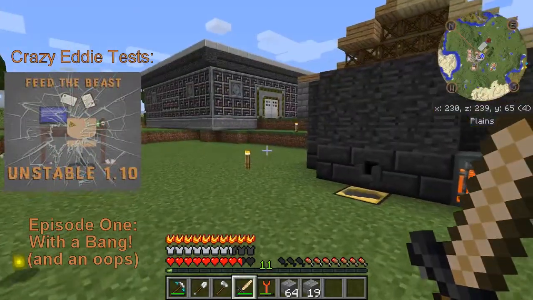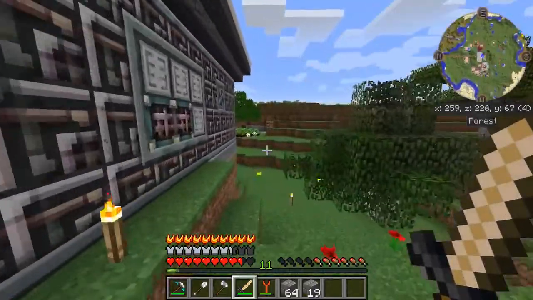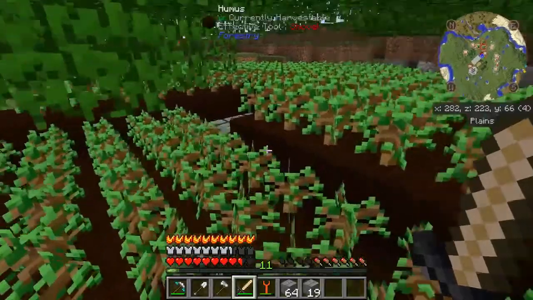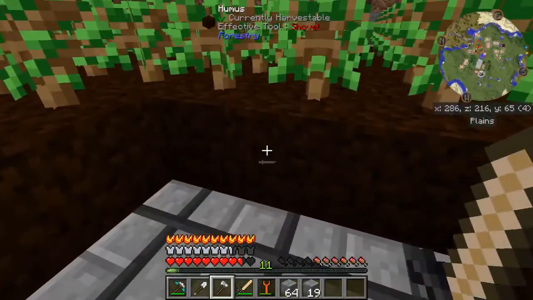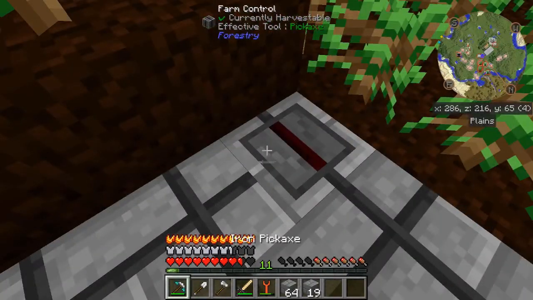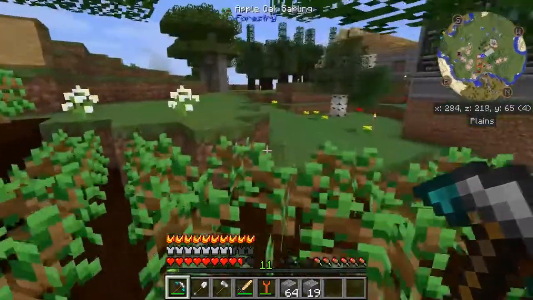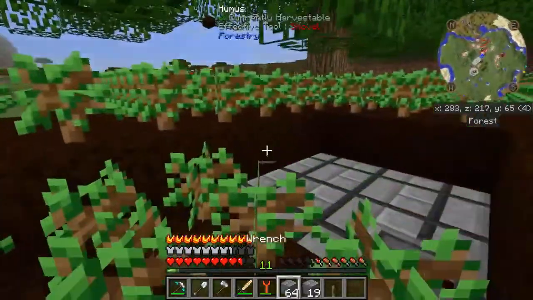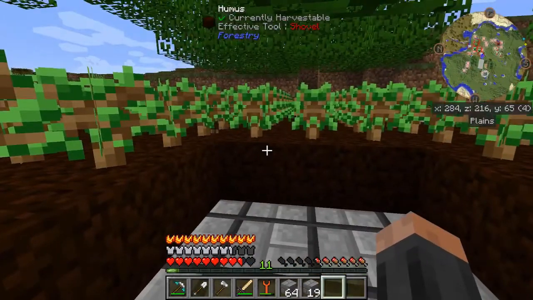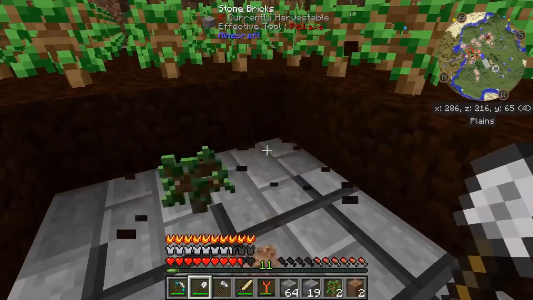The ender lilies are still coming along slowly, but I have gotten some other things ready to be accomplished, like expanding this tree farm. Let's see, first I actually want to get a lever and turn this off. And then